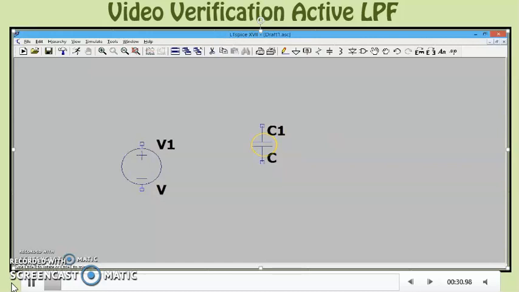Then a capacitor. Control R will be used to rotate this capacitor. A resistor.